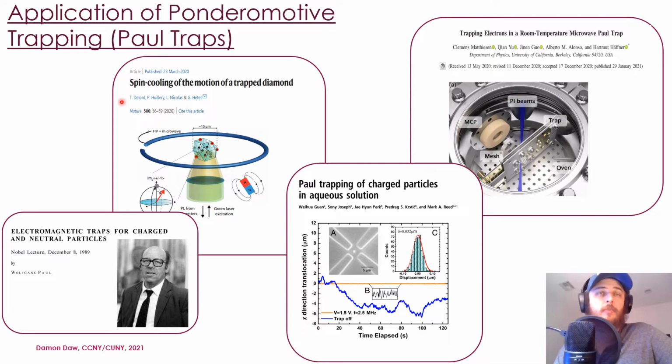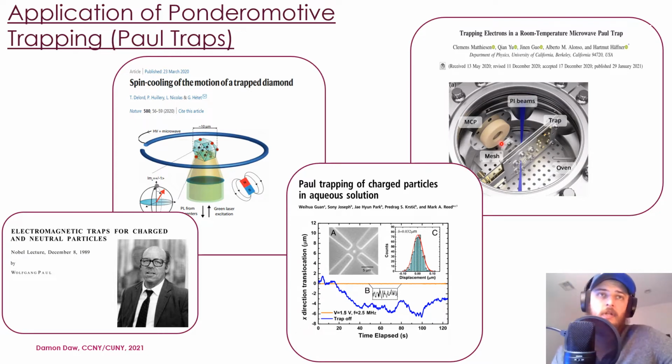So one of my colleagues, Tom Delord, has done some very interesting stuff by trapping microdiamonds, so microscopic objects that are charged. And he did this in near vacuum and with some background gas. People have even used this technique to confine charged things inside of aqueous solution, so a very high drag viscous environment. And people have recently used Paul traps or ponderomotive traps to trap electrons or guide electrons at room temperature